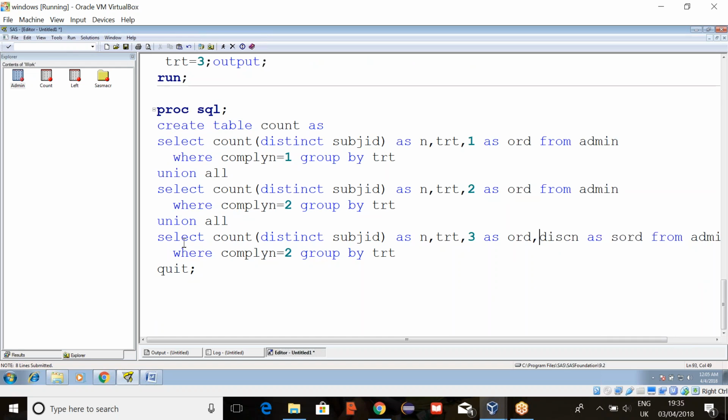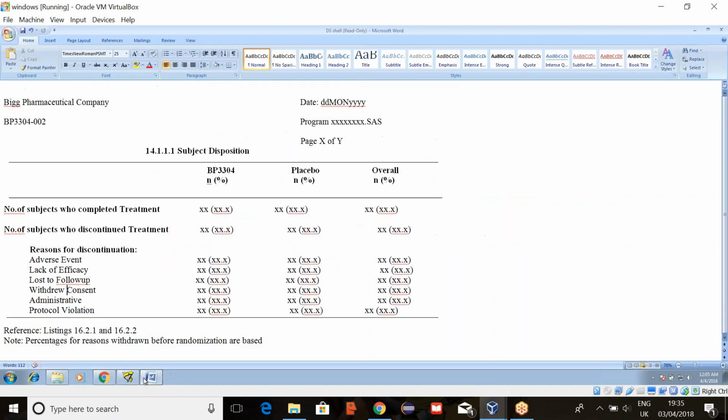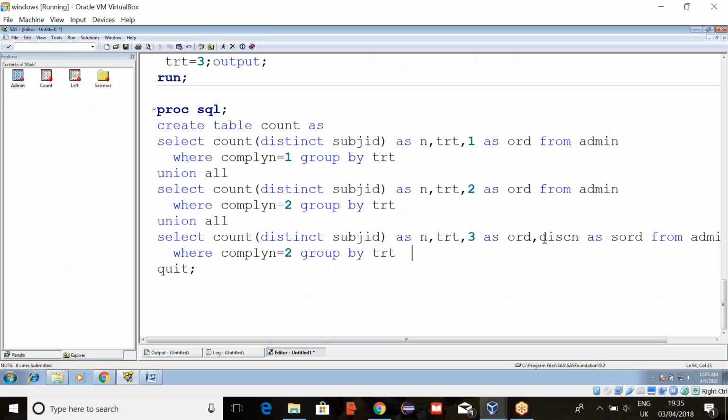Instead of again writing 6 steps, take SORD and, instead of calculating for adverse event separately, for lack of efficacy, loss to follow-up, and all these things, I'm just copying the values. Whatever the values are for discontinuation reasons numeric version, copy the same values into SORD.